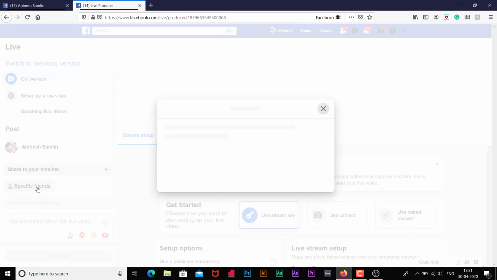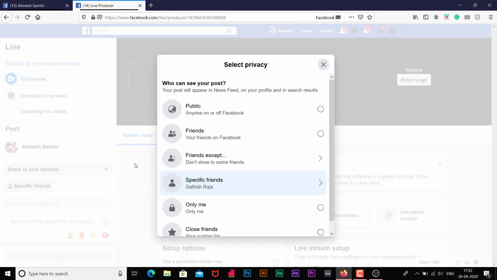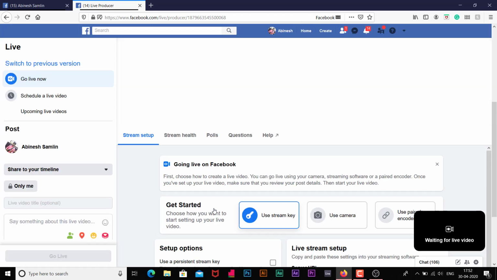It is set to specific friends. I recommend choosing a specific friend, say Sadish. If my specific friend is Sadish, only Sadish can see my live. So I usually test it in this mode. If I go live now, only Sadish can see me live. So I'll start a live session, call my friend Sadish and ask whether everything is okay or not. If my friend is not with me, I'll just click only me so that only I can see the live.